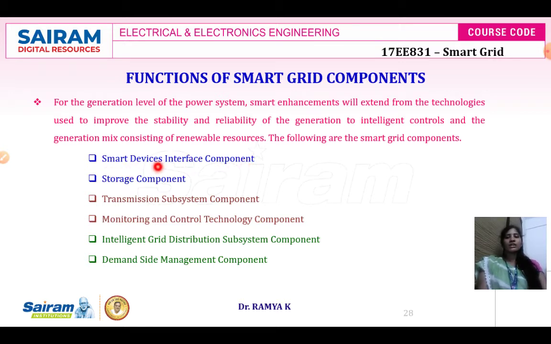The main aim of this component is to monitor, record and control the data from the generation part, and the real-time data has to be recorded, monitored, and controlled.